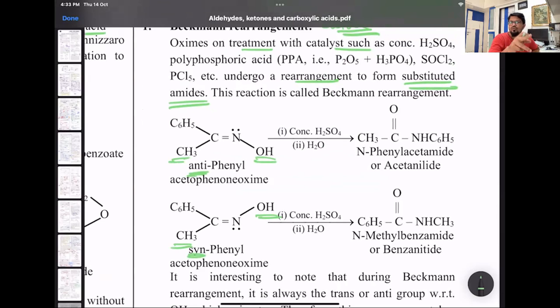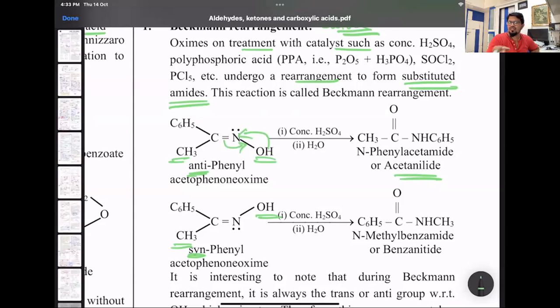So with conc. H2SO4, there is a rearrangement happening over there where it becomes NH, CH3, C double bond O, and then NH C6H5. That's how the rearrangement goes over there. So you have the OH bond going onto this, and the double bond comes over here that way. So you get N-phenyl acetamide or acid anilide. That's the special name to it.